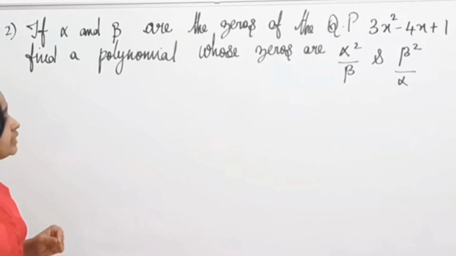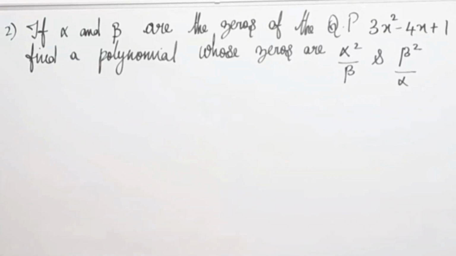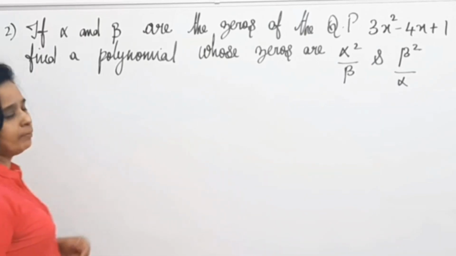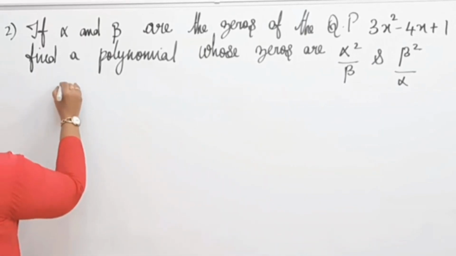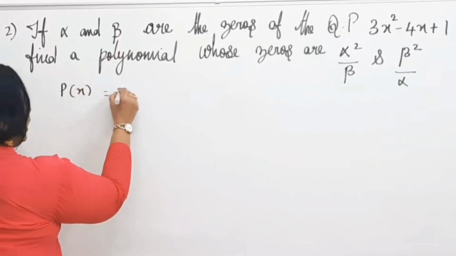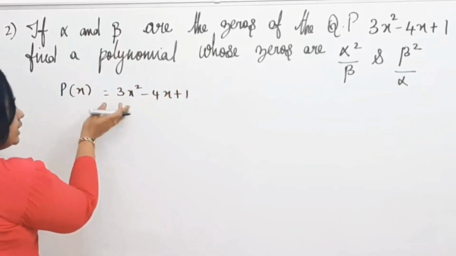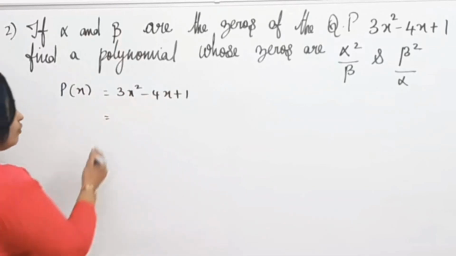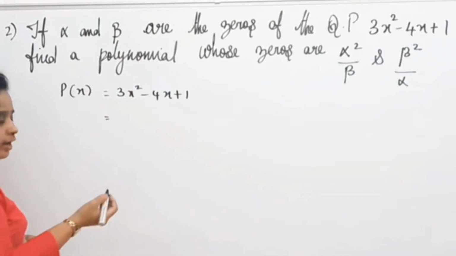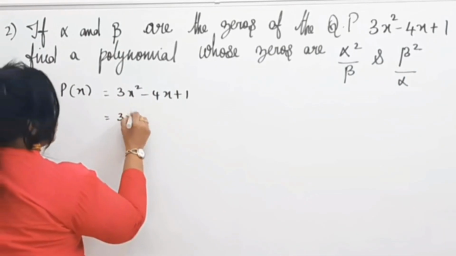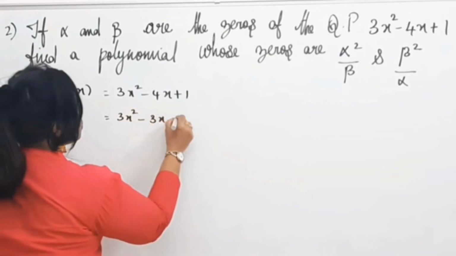If alpha and beta are the zeros of the quadratic polynomial 3x squared minus 4x plus 1, find a polynomial whose zeros are alpha squared by beta and beta squared by alpha. Now, p of x is equal to 3x squared minus 4x plus 1. Since the polynomial is in standard form, I can find my zeros, that is 3x squared minus 3x minus